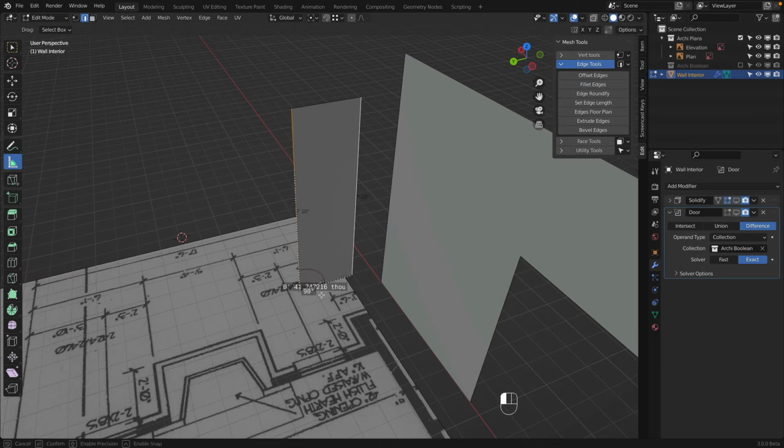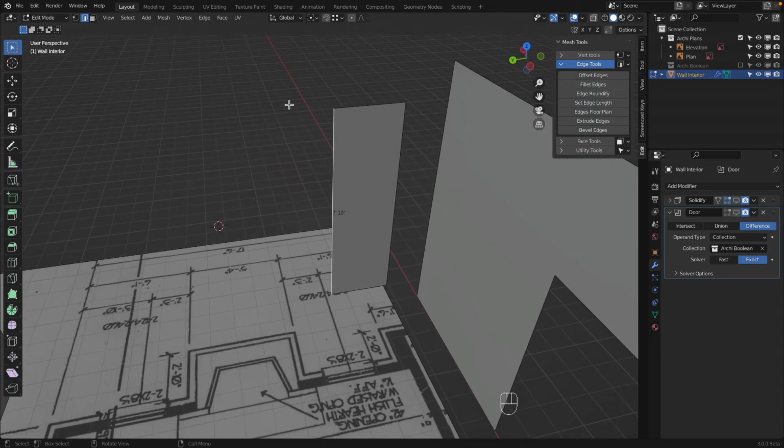There. To delete it, click on the name here, or like one of these elements there, and delete. Very good. Okay, so